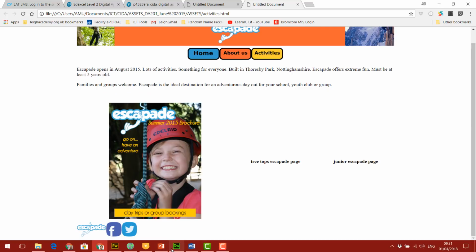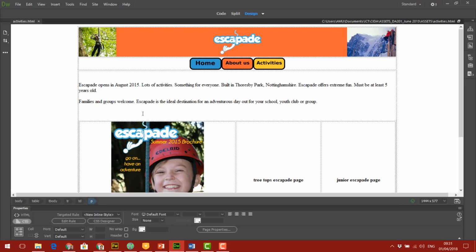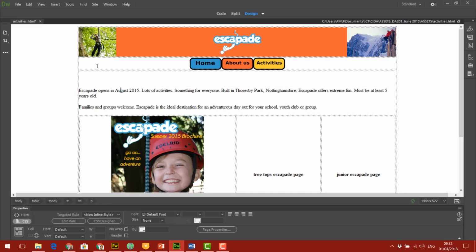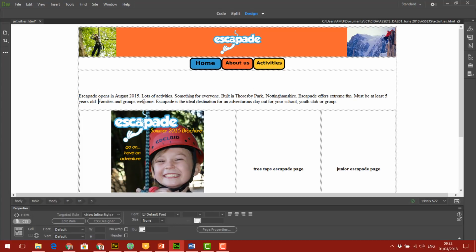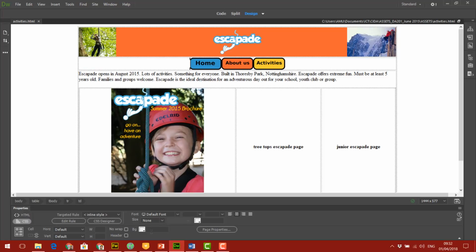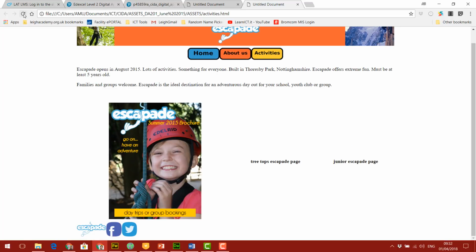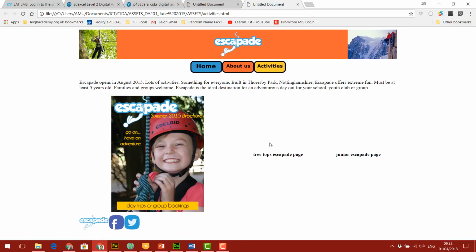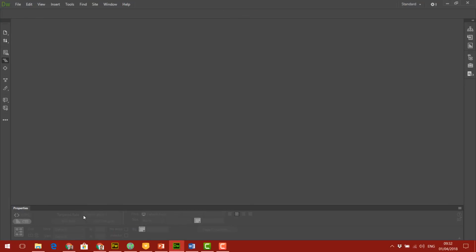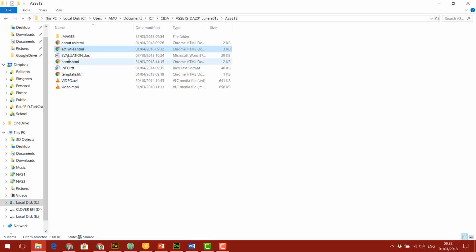Let's quickly go and change that. I've got an extra line there I can get rid of. Maybe get rid of that extra paragraph there. That should shrink it down quite a bit. Let's go back, refresh that. Yeah, now there's no rolling. I can't roll up and down on the page, and my two links will go there. Okay, so let's close that one as well, and let's go to our next page, which would have been